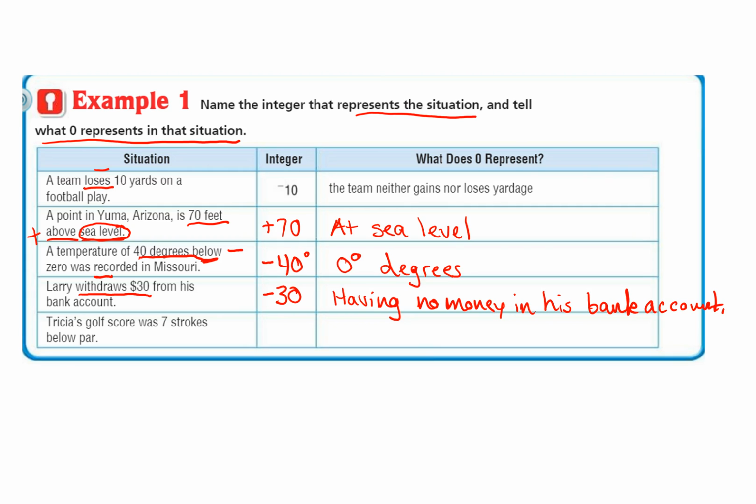Okay. Trisha's golf score was 7 strokes below par. Below, again, there's that word below up here. Minus. So it's negative how many? 7. So what would 0 represent? No strokes